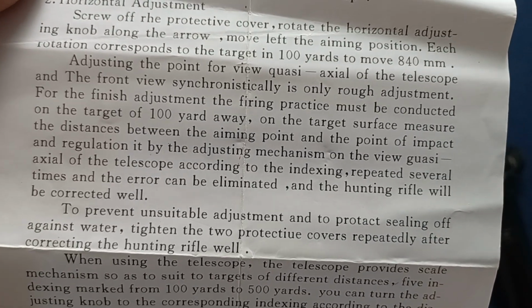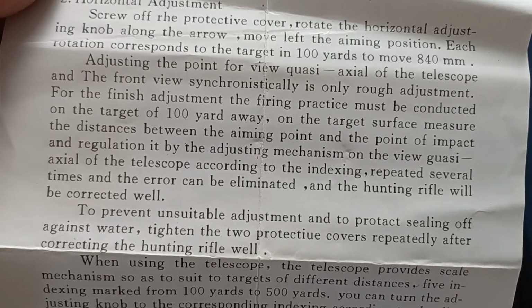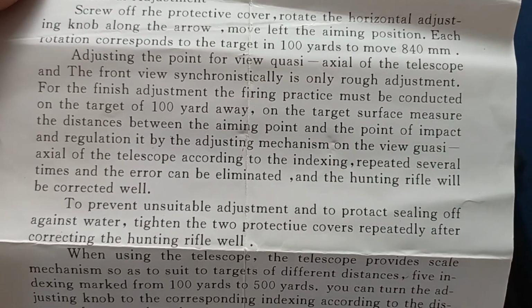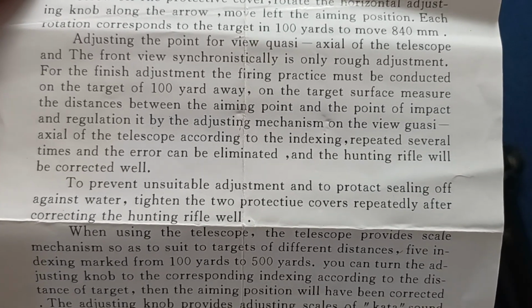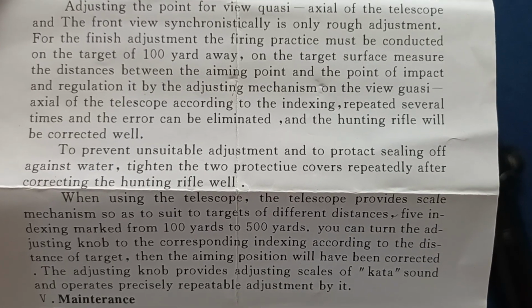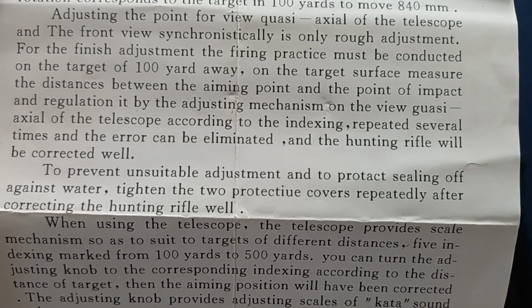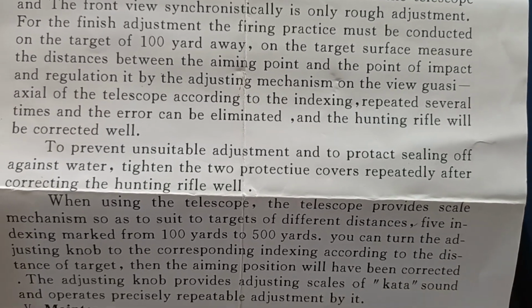Adjusting the point of view, quasi-axial of the telescope, and then capital, the front view synchronistically is only rough adjustment. For the finish adjustment, the firing practice must be conducted on the target of 100 yards away. On the target surface, measure the distances between the aiming point and the point of impact and regulate it by the adjusting mechanism on the view